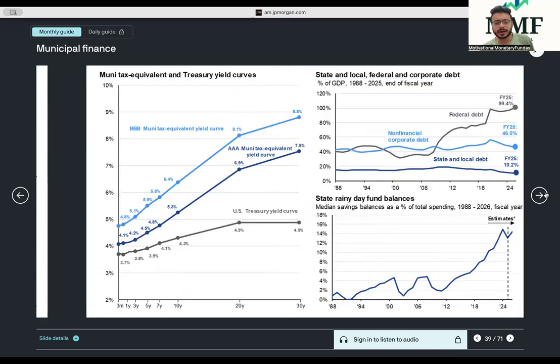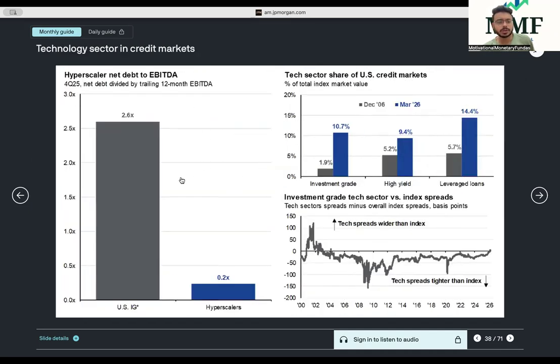Hyperscalers' net debt is coming down, that's fine because even if they're taking up huge investments, the US IG debt is 2.6 times debt to EBITDA, the net debt to EBITDA multiple. The lower it is, the better it is. It means your EBITDA, your earnings before interest and tax, depreciation, amortization, is a higher number versus your net debt. This number should be as low as possible because EBITDA should be higher, your profit should be higher, your cash profit should be higher. Correct? So hyperscalers, the Magnificent 7 or the Magnificent 10, despite their higher capex investments as on 31st March 26, still trade at a very, very low net debt to EBITDA multiple.